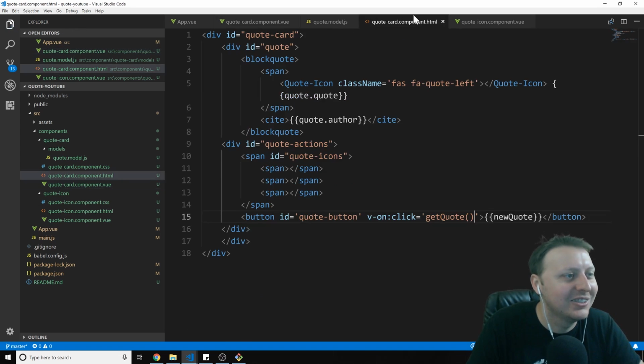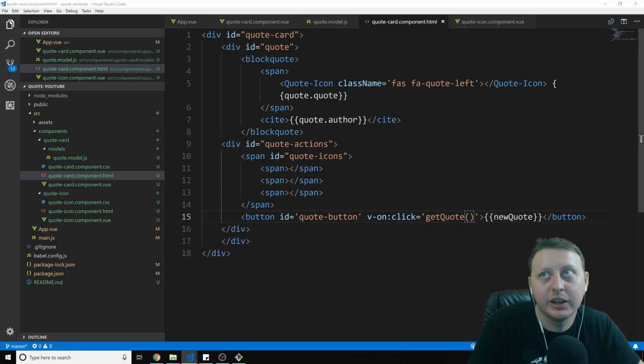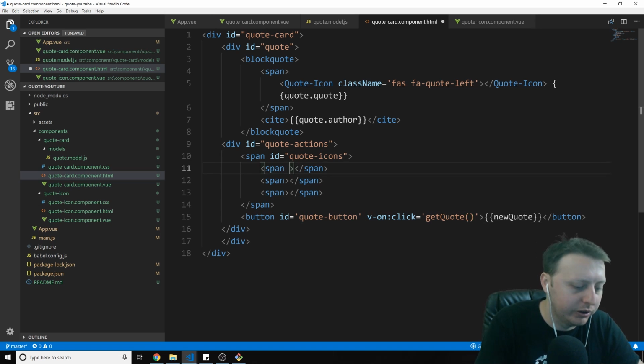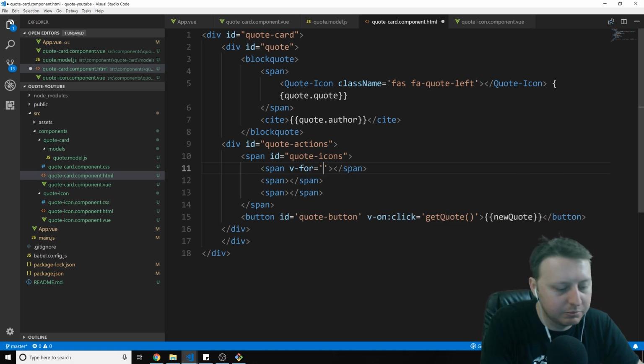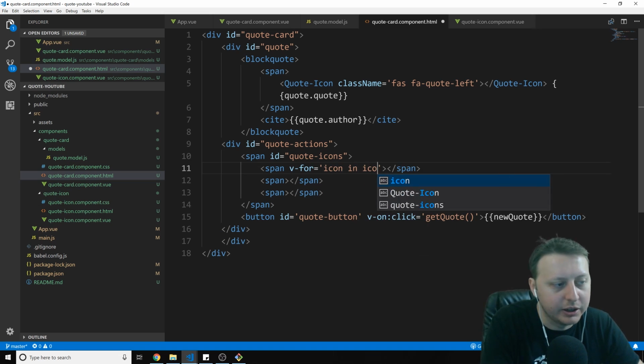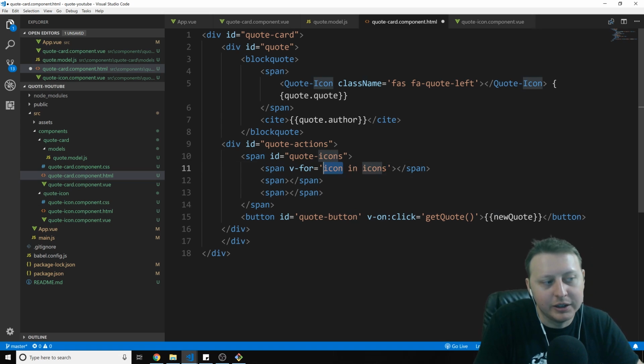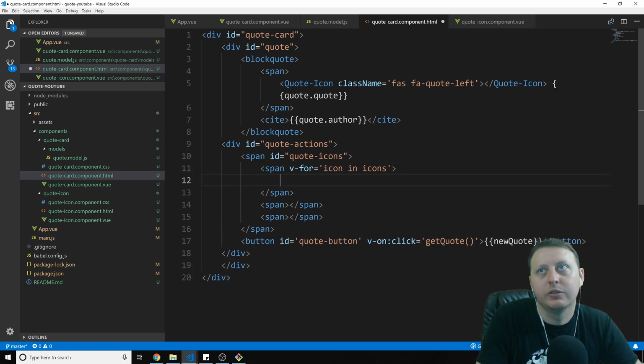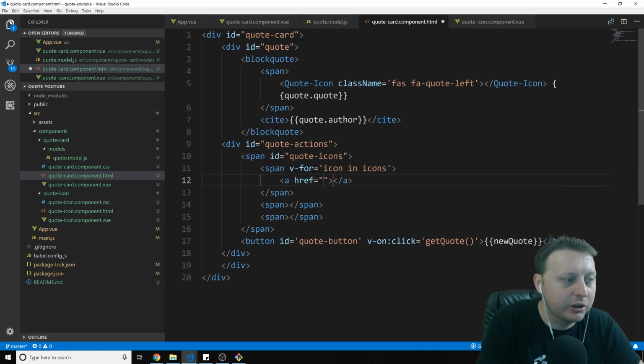So let's jump back into here. And so we're in quote icons. So now that we've defined that array, how do we iterate through it? Well, we can just use a v-for directive. And we're going to say icon in icons, or item in icons. Icons being the array. Icon being the item in the array. We want to do some stuff. So we already talked about how to do dynamic property binding